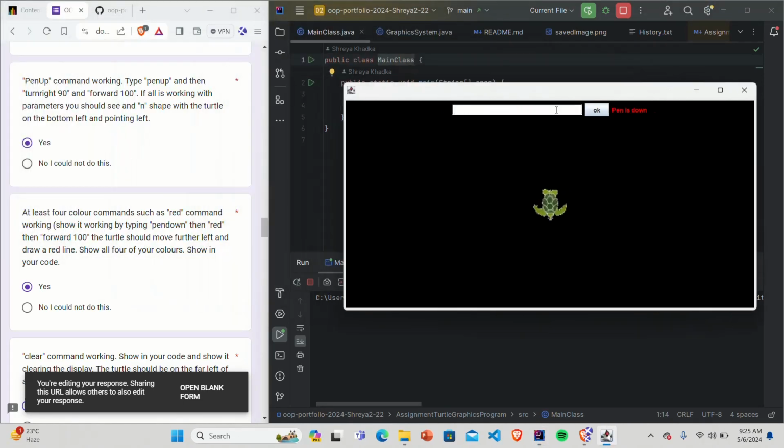Pen down, red. Let's move the turtle forward by 100. Yes, my red color command is working. Now let's set the color to blue and